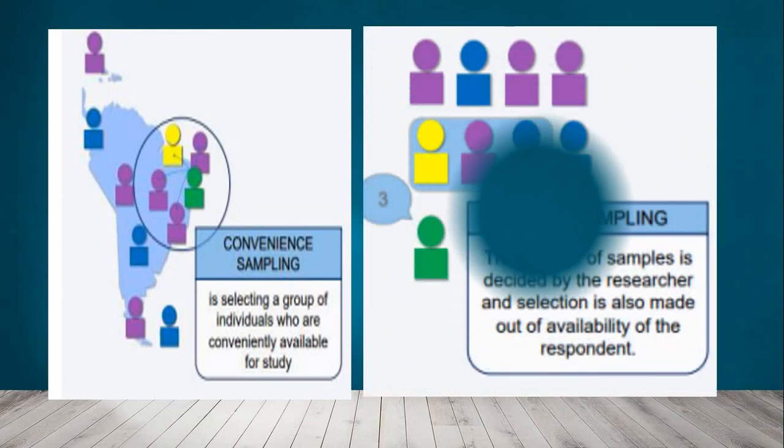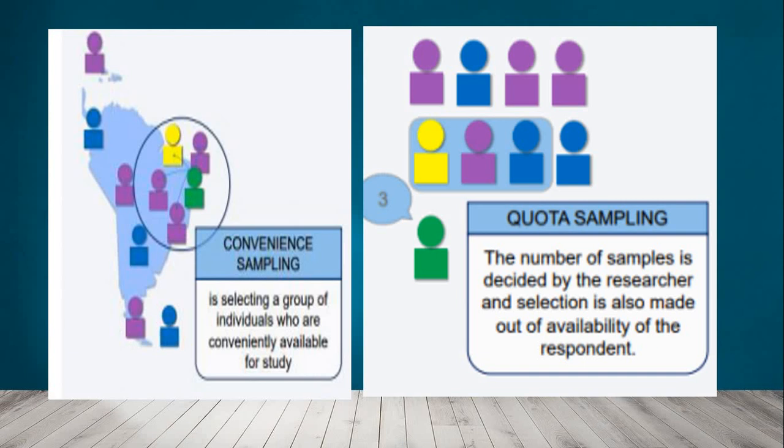Next, we have the quota sampling. Ang quota sampling naman, ay non-probability sampling din. So, the number of samples is decided by the researcher and selection is also made out of availability of the respondents. So, availability din yung hinahanap. So, sino lang din yung availability. So, for example,